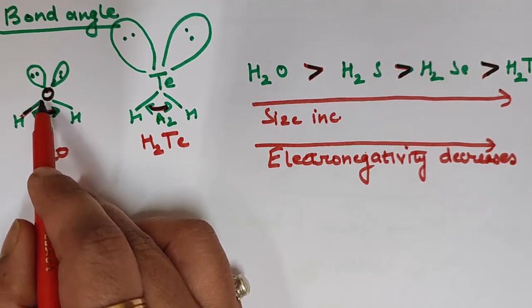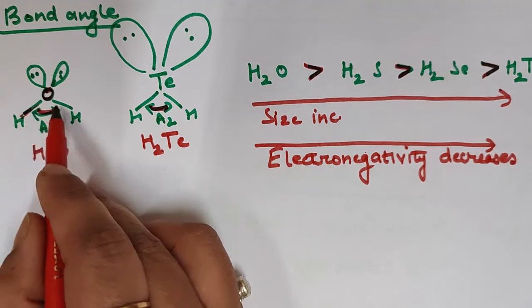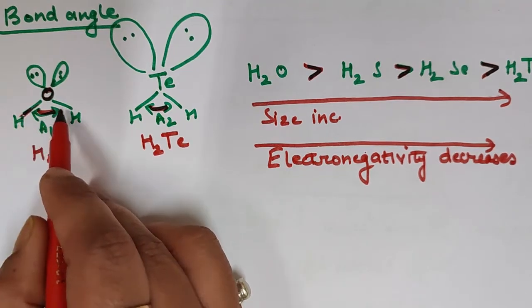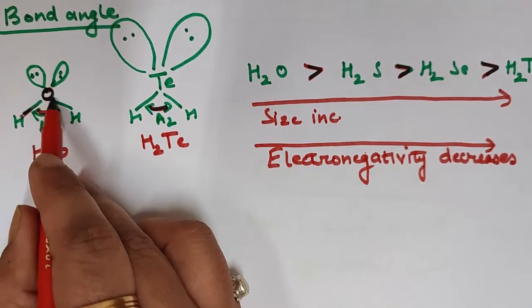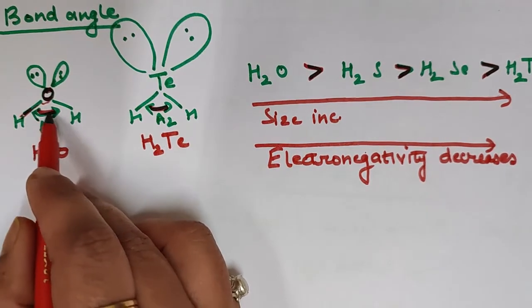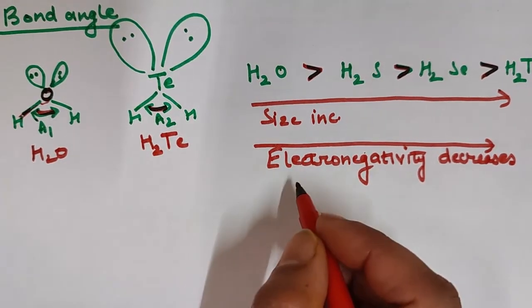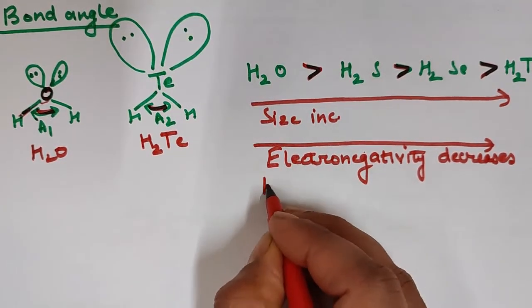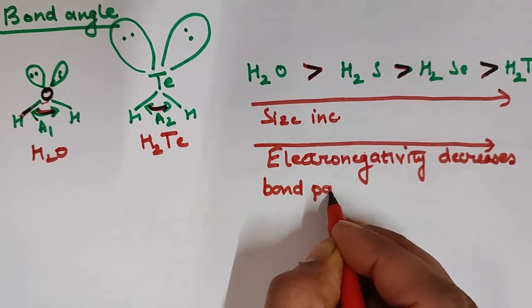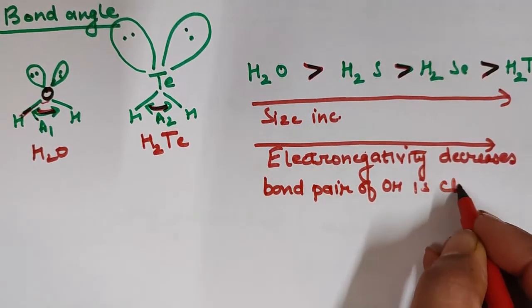As a result, the bond pair of OH will be closer, and when these are closer, the repulsion will be more, and the size of oxygen is small, so repulsion will be more. So what is the reason? That electronegativity decreases, and the bond pair of OH is closer to oxygen